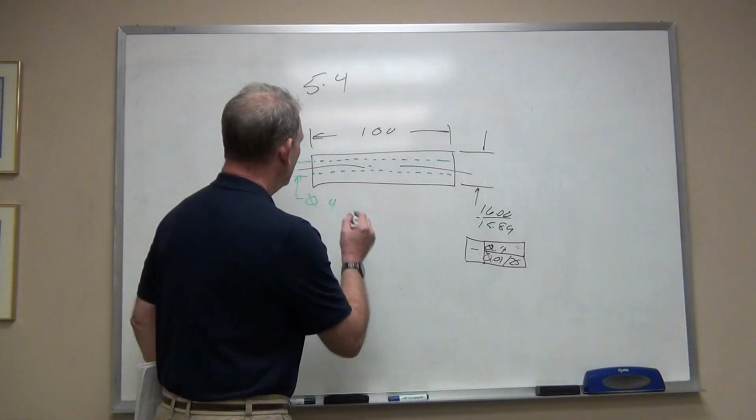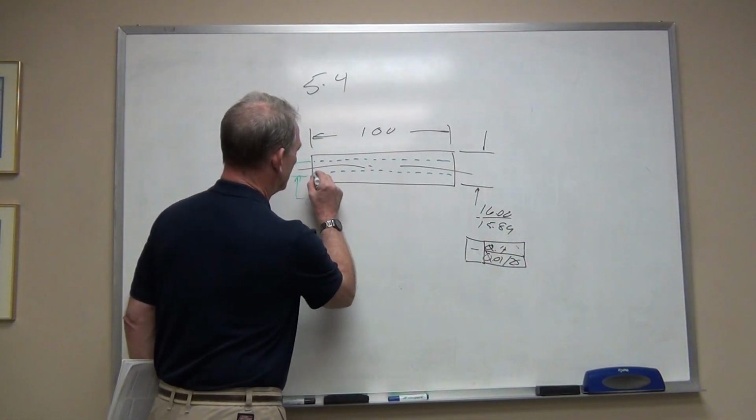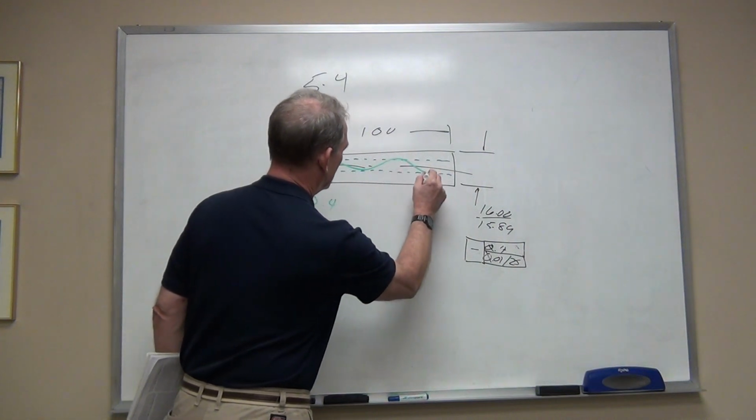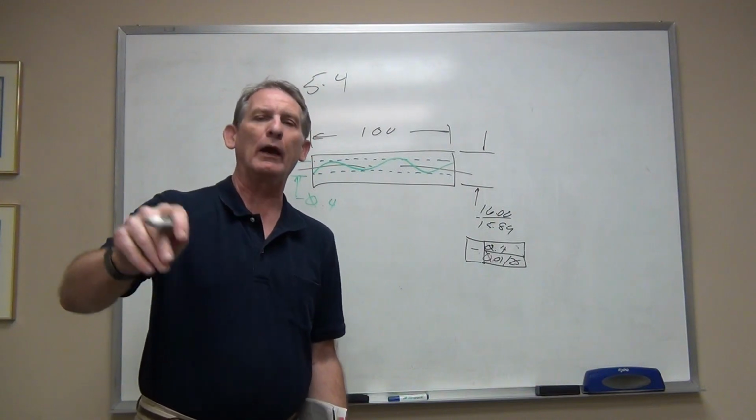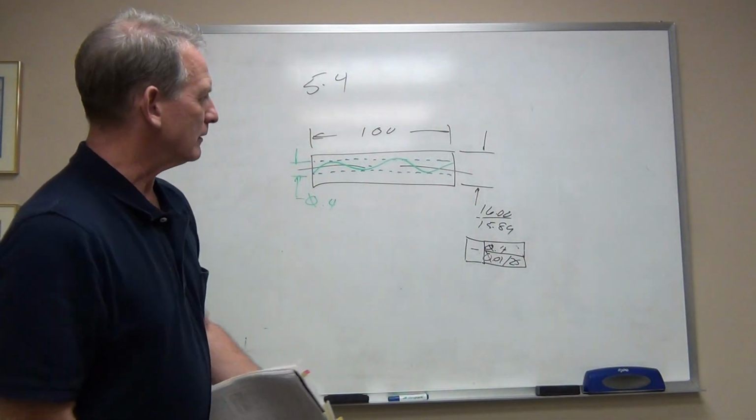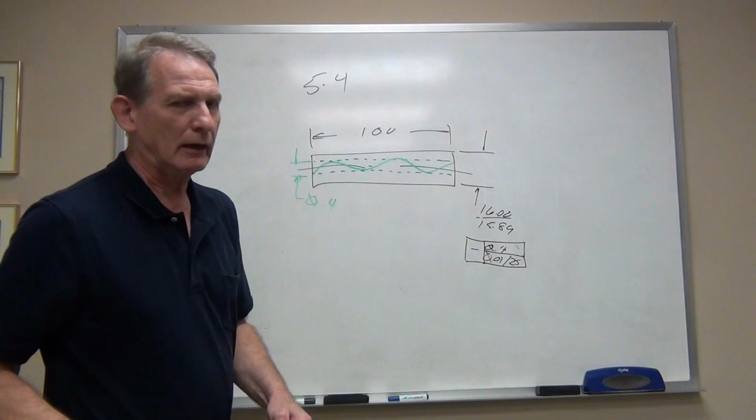So again, the center line could do this, still an acceptable part. If the shaft were all wavy, as long as it doesn't exceed that 400 thousandths,